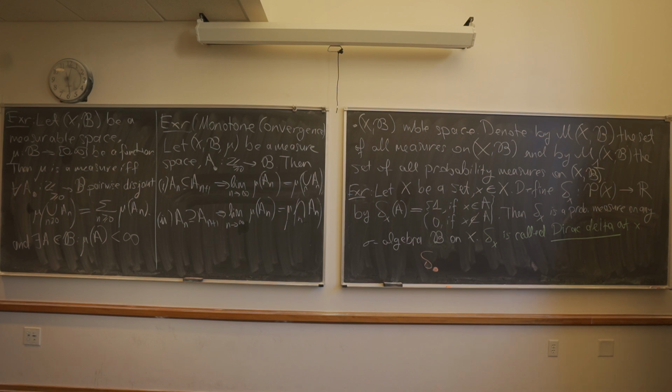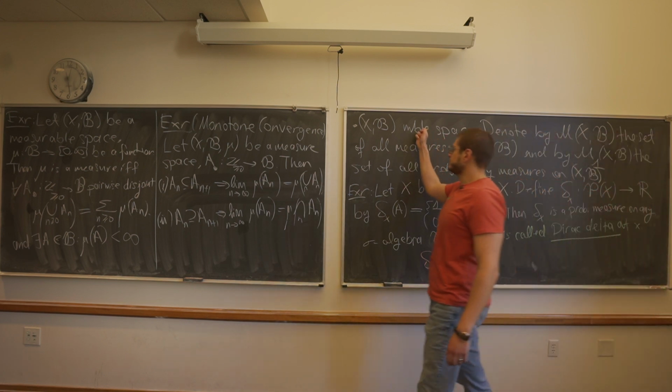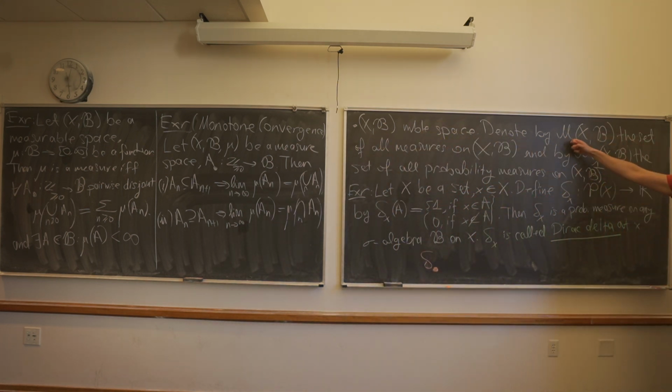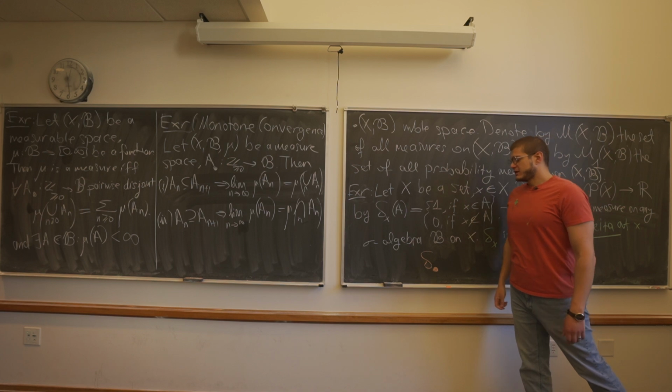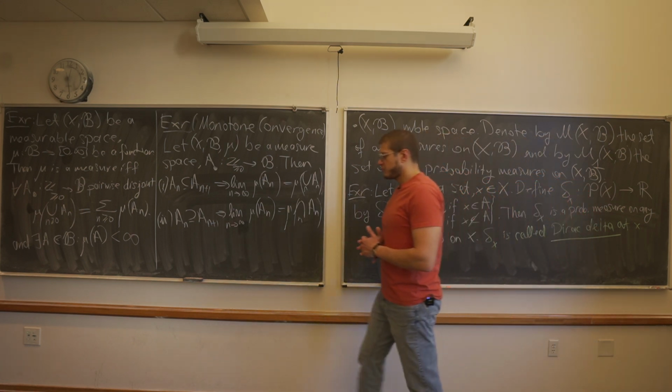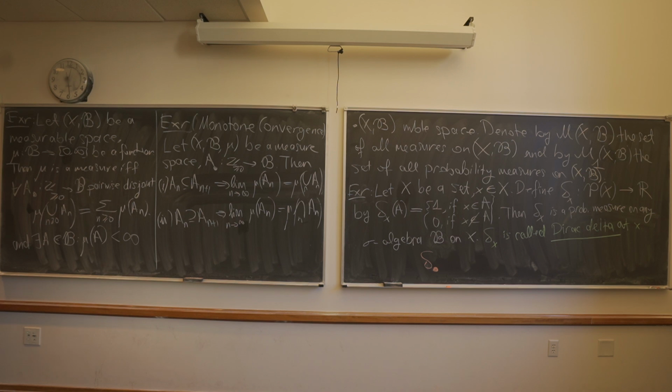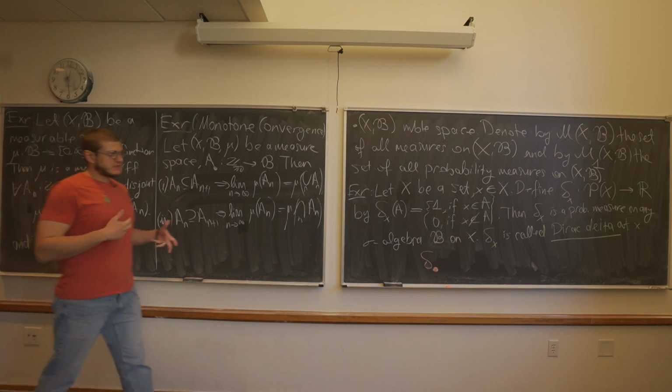Okay, let's keep going. If I have a measurable space, X B, I'm going to denote by M of X B the set of all measures, and M sub 1 of X B the set of all probability measures. Now, next week, once we start talking about invariant measures and stationary measures and all that stuff, so that we can talk about this